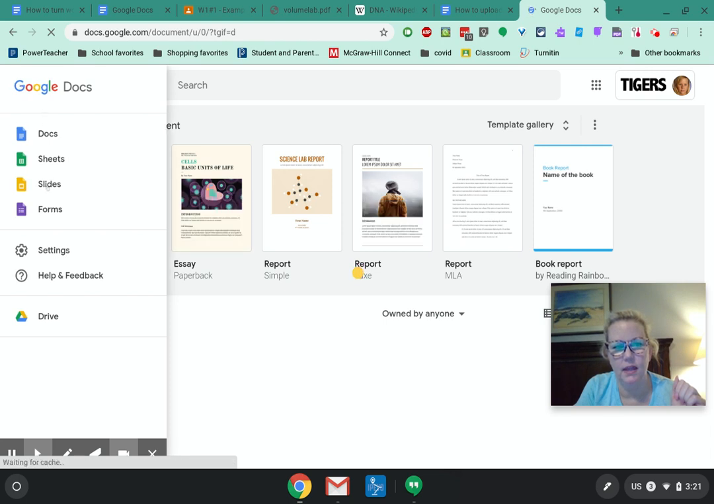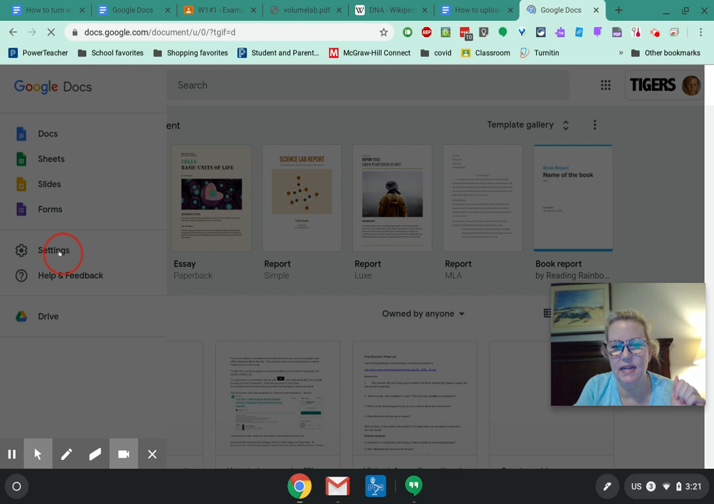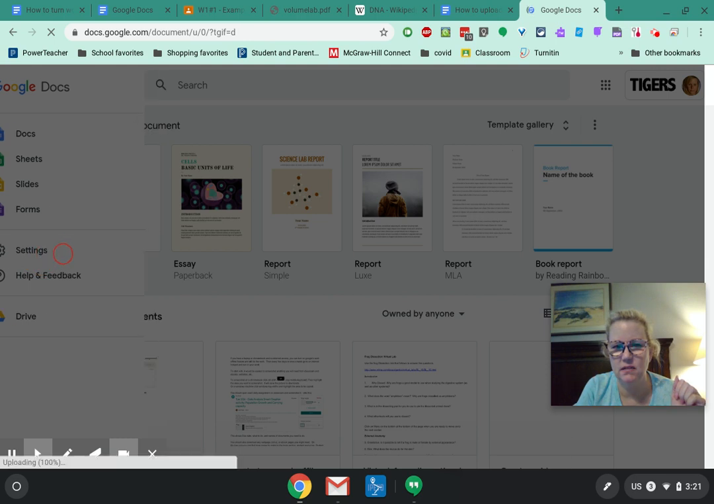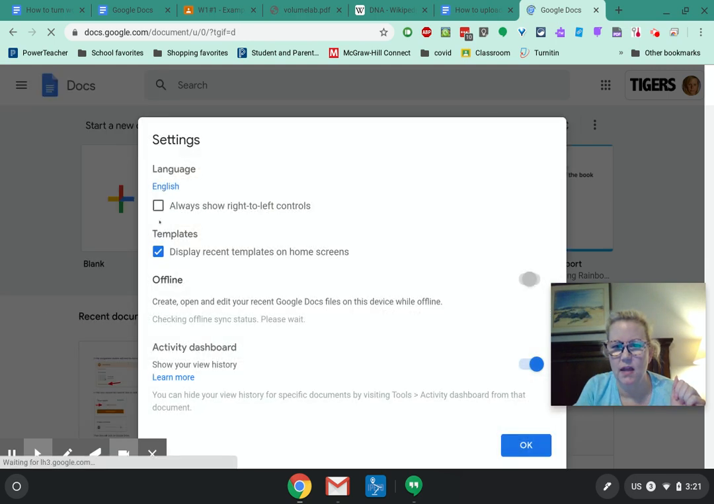And what that does is it gives you access to your documents. I would suggest figuring out where those documents are. You can get to them here on Google Docs. You can also go to Google Drive and figure out where the documents are. If you're having a hard time finding them on your Google Classroom page,